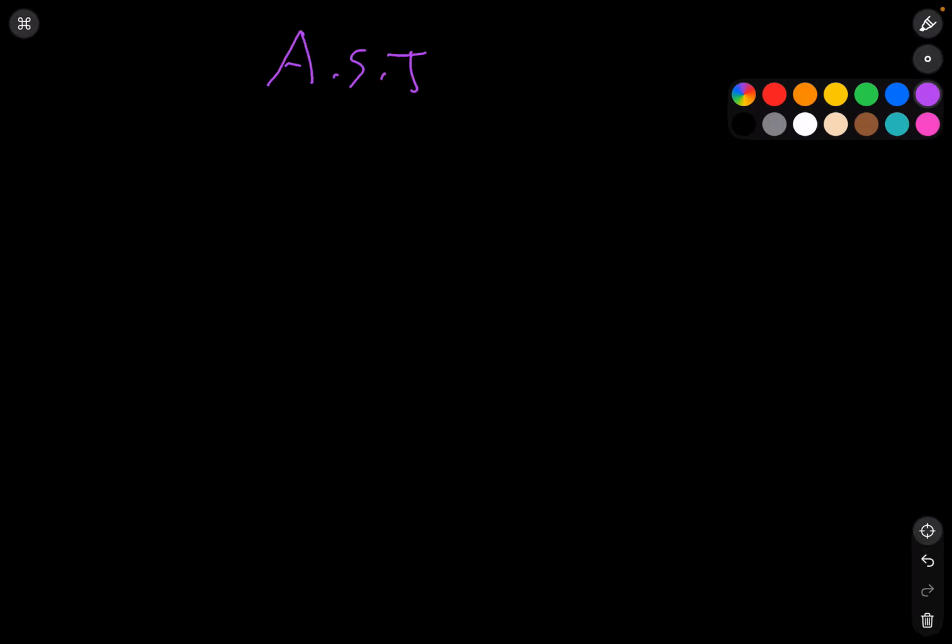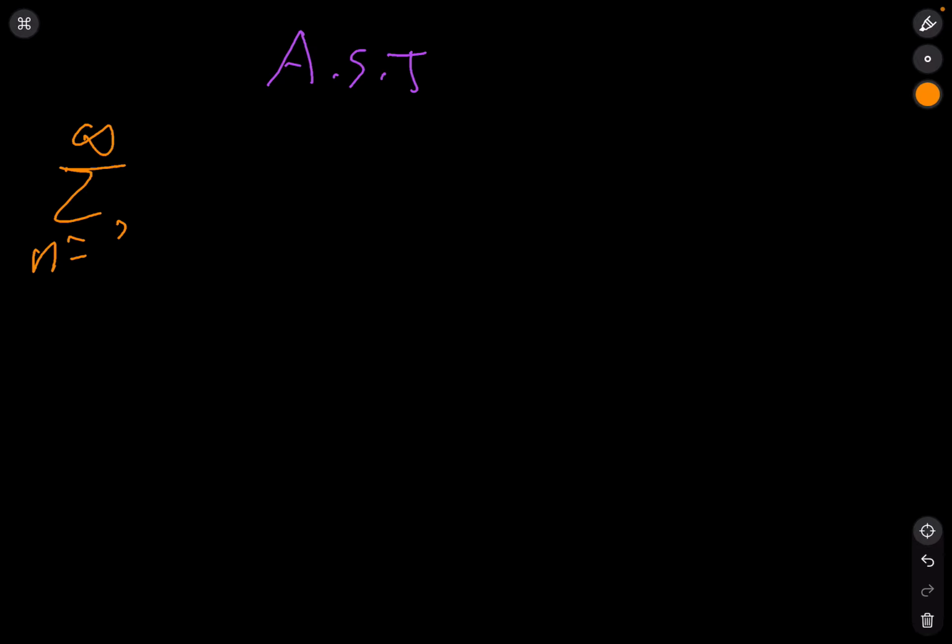Now we're going to be moving on to another test. We're going to be moving on to something which is actually one of my favorites, which is the alternating series test, or AST in short. The alternating series test states that if you had a series and it was alternating, xn of something, if it was alternating,